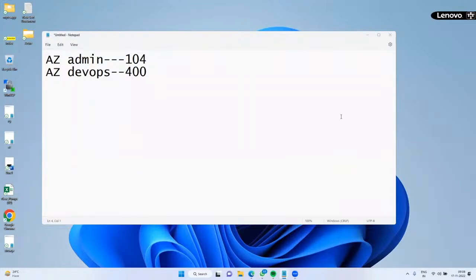No, DevOps is of two types: AWS DevOps and Azure DevOps. Azure DevOps is totally SaaS, software as a service. The main thing is YAML, and we will consume YAML code.